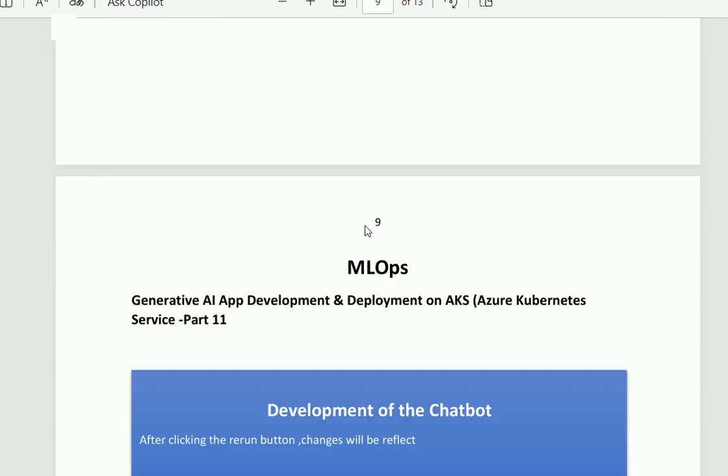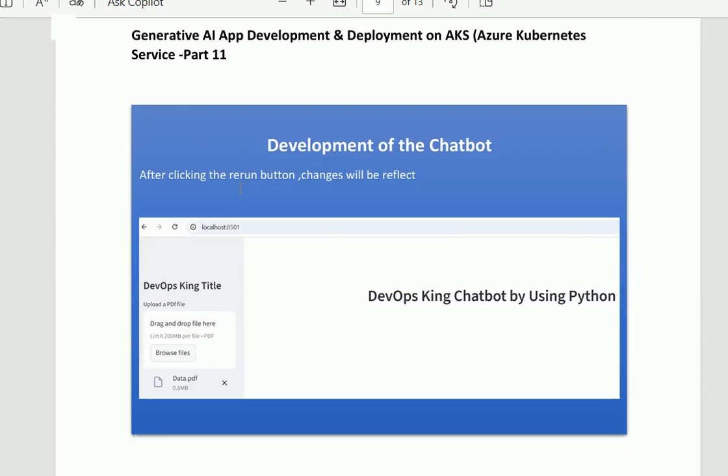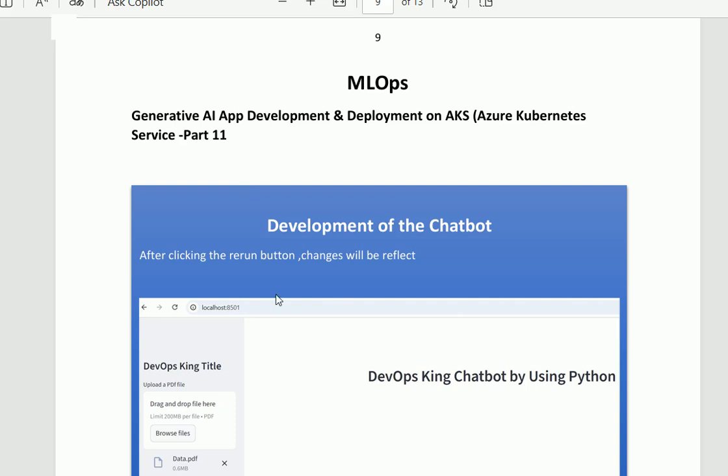After that you will see that our new latest code is visible, like DevOps King chatbot by using Python. So this is the way in which we deploy our latest code in our generative AI app.